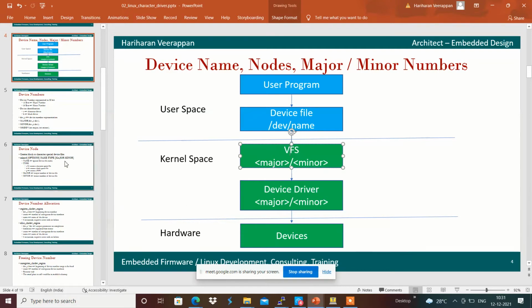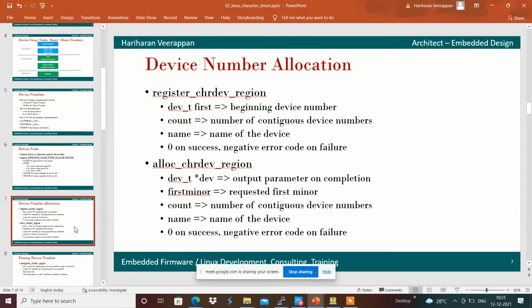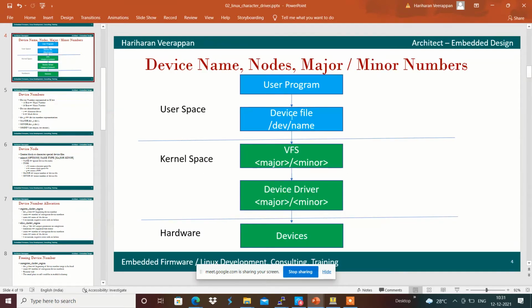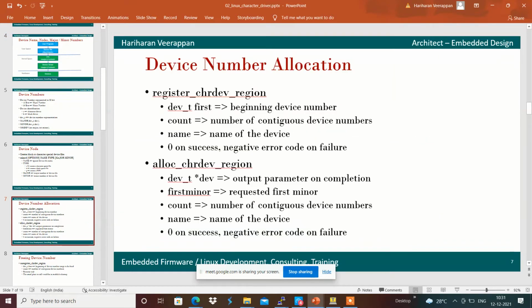Now we will see how we can do the allocation in our kernel module. We just created something like /dev/character_driver as a character device file with 240 and 0 in the user program, but it has to be linked to that one.